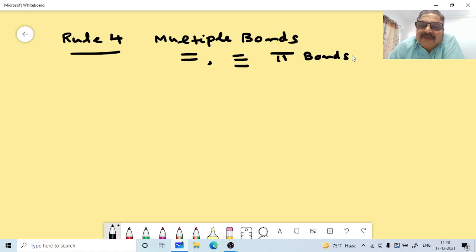Now, assigning priority to an atom that is part of a multiple bond, treat the multiple bonded atom as an equivalent number of singly bonded atoms. You break this multiple bond, double bond or triple bond, and make an equivalent number of single bonds there. And the atom will get repeated, that's all. So if you have a group like this, C=O, what is to be done? You have to break this pi bond. This double bond, you just break it. Then you make 2 single bonds here.